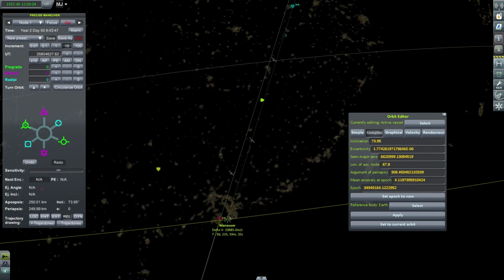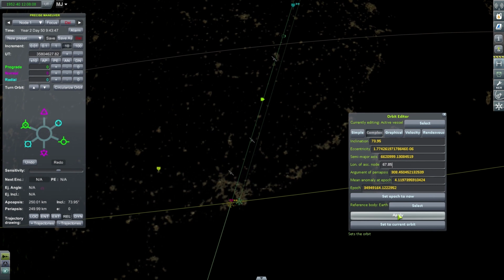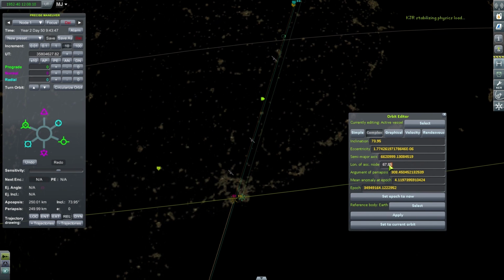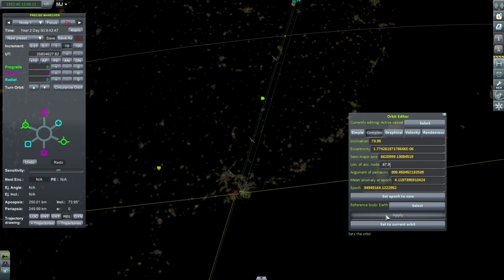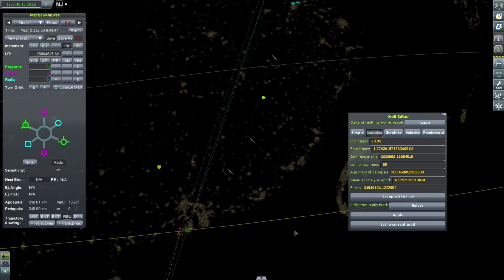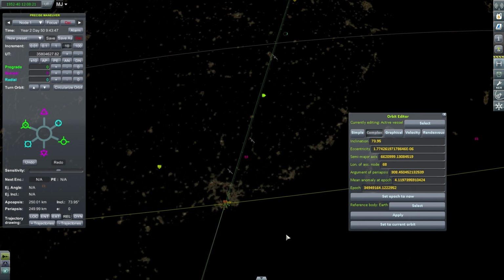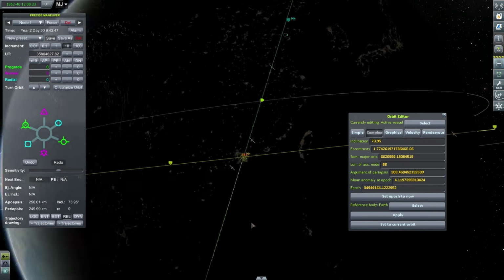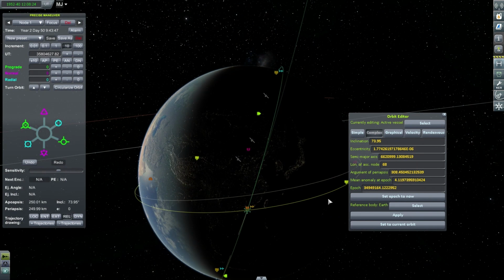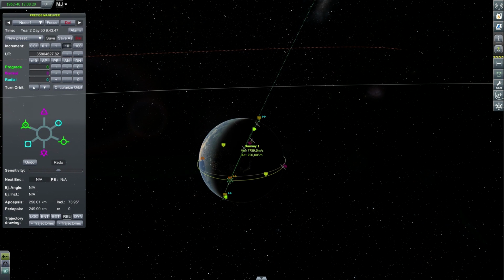We're not perfect. We're actually off by half a degree, so let's just go ahead and apply this. No, 85, 90. We want to get this as close as possible. Maybe just 68. Wow, that's actually really close. Let's just go ahead and... Yeah, that's really close. It doesn't have to be perfect, because we're still going to need to play with the numbers also. Now that we've got this dummy target in orbit, what we're going to want to do